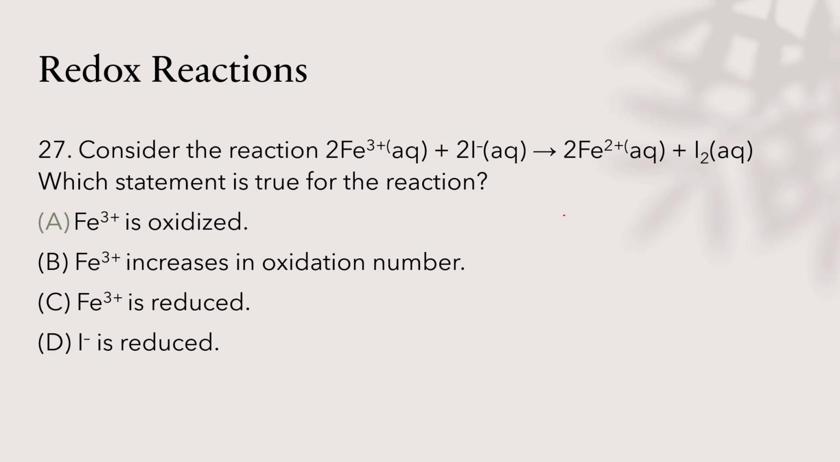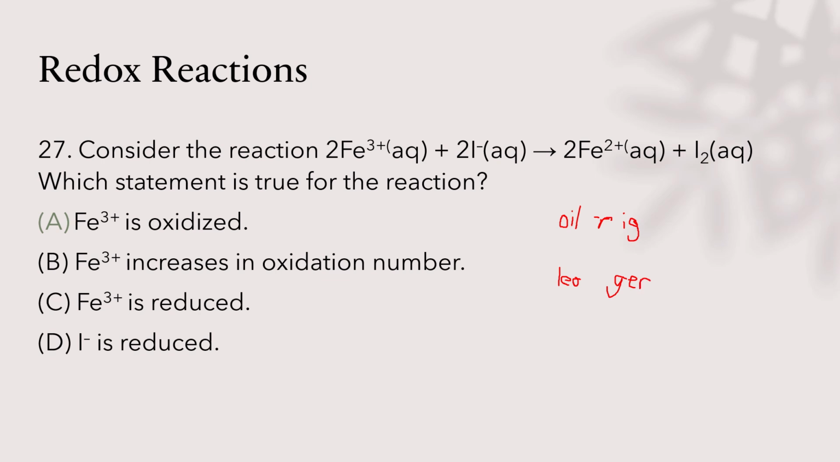One of them was OIL RIG, and then the other was LEO. I think it was Leo the lion says GER, or something like that. So OIL RIG stands for: Oxidation Is Loss of electrons, Reduction Is Gain of electrons. And Leo the lion says GER: Losing Electrons is Oxidation, Gaining Electrons is Reduction. So that's how we're going to remember the difference between